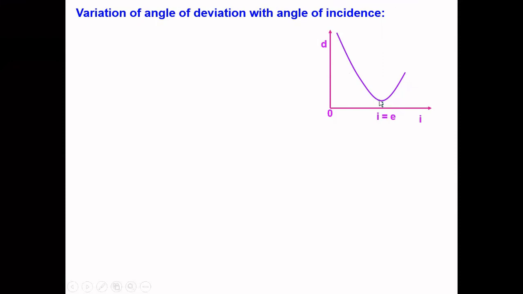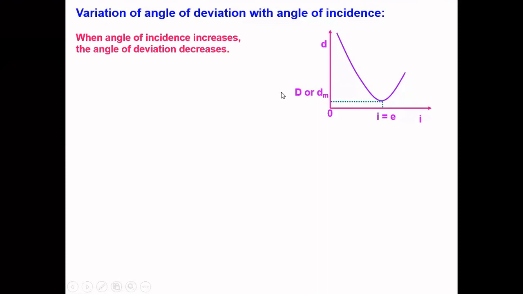And here, whatever value we have, correspondingly, if we take it straight across, whatever value we get on the angle of deviation line, this deviation is minimum. That minimum deviation I am indicating with some letter, D minimum or capital D. Okay, anything you can indicate. As in your textbook, capital D is there. I am following the same.